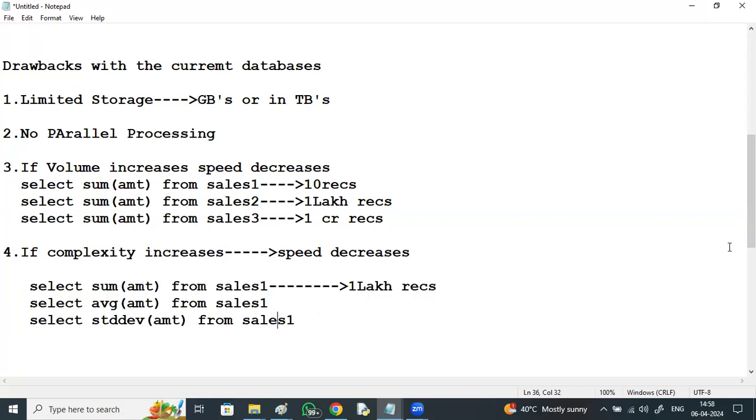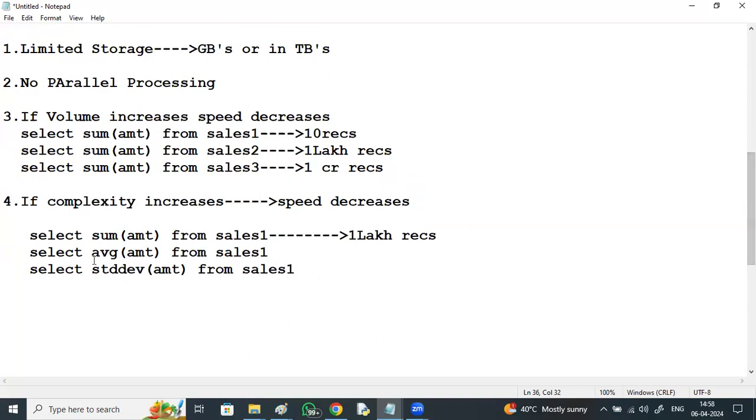Yes, speed decreases, because the average is a two-step process. First the sum has to be calculated, then the average, compared to the first query. The second query takes more time. Standard deviation takes a lot of internal processing compared to this. And the major drawback with